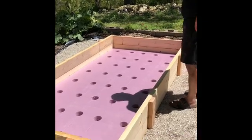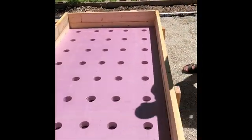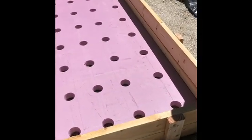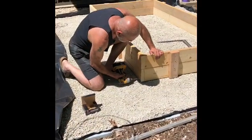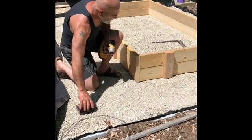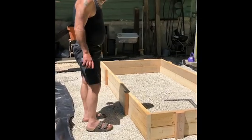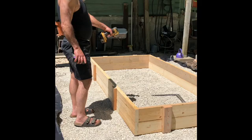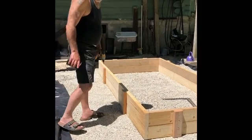Look at that. Very nice and tight. And that's exactly what we want, so light does not get in there. All right. So everything is put together. Then I've got some carpet that I'm going to put under there, just to provide some